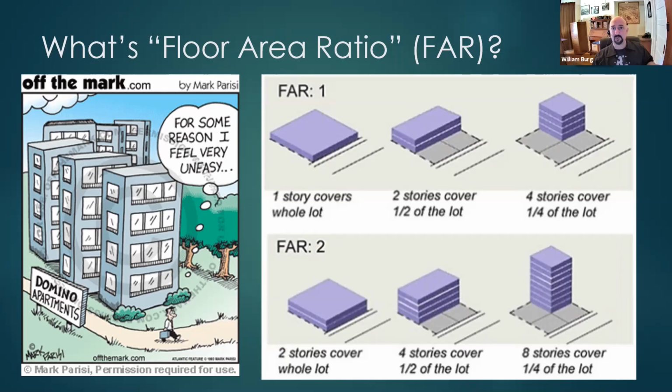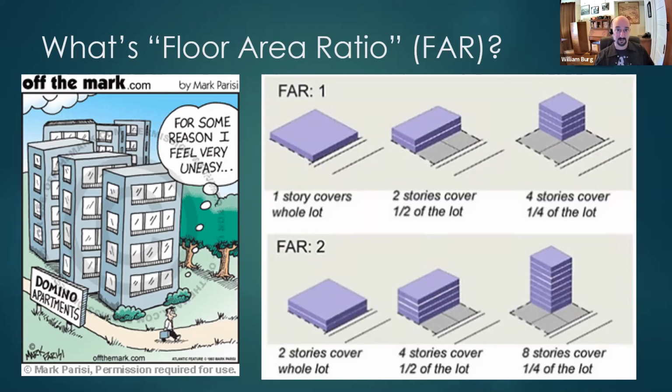You can do it in a commercial area, but in a neighborhood, generally you're going to have more like the picture in the middle, where half of the land is lawn or open space, and then you have a 2-story building on that lot. You can build less. You don't have to build all the way up to maximum intensity, but you can build within that envelope. And then theoretically, in some places, you could build a 4-story building that covers a quarter of the lot.